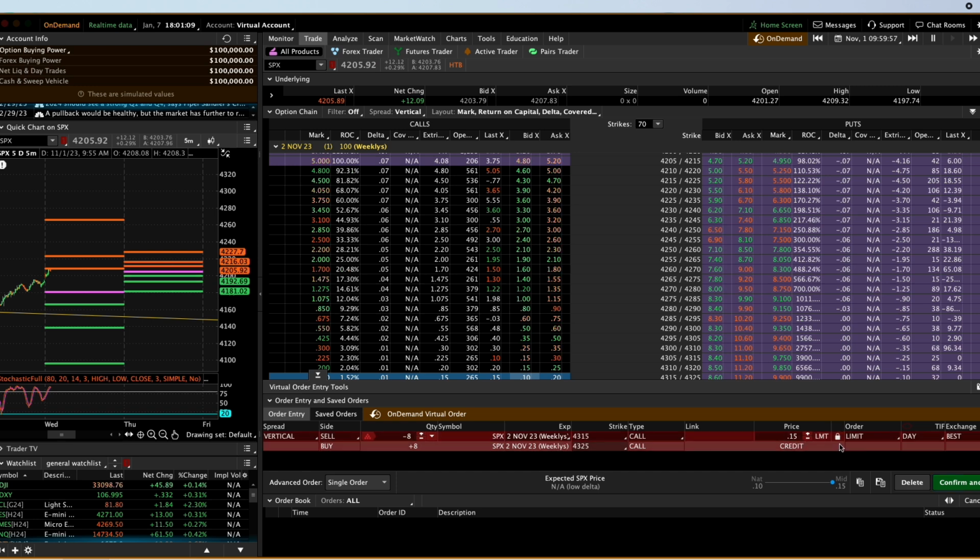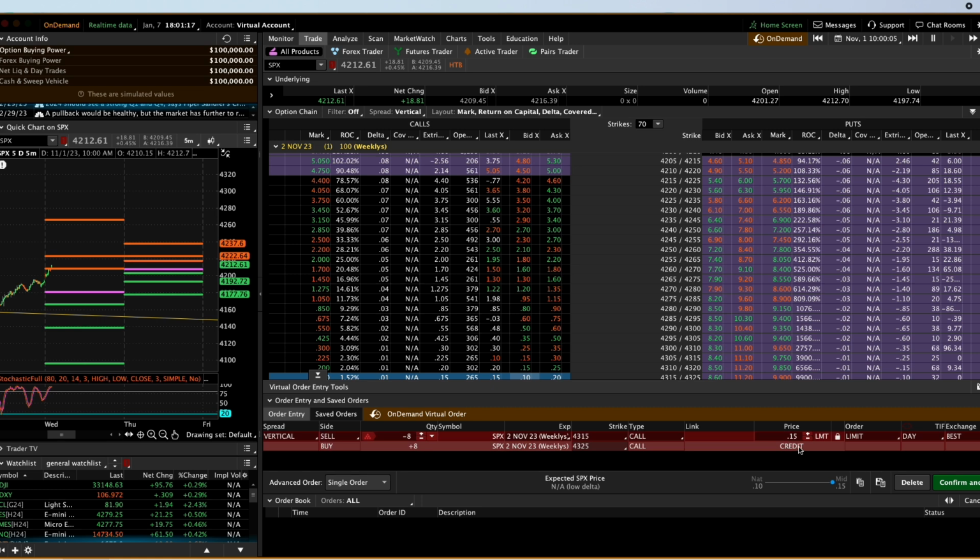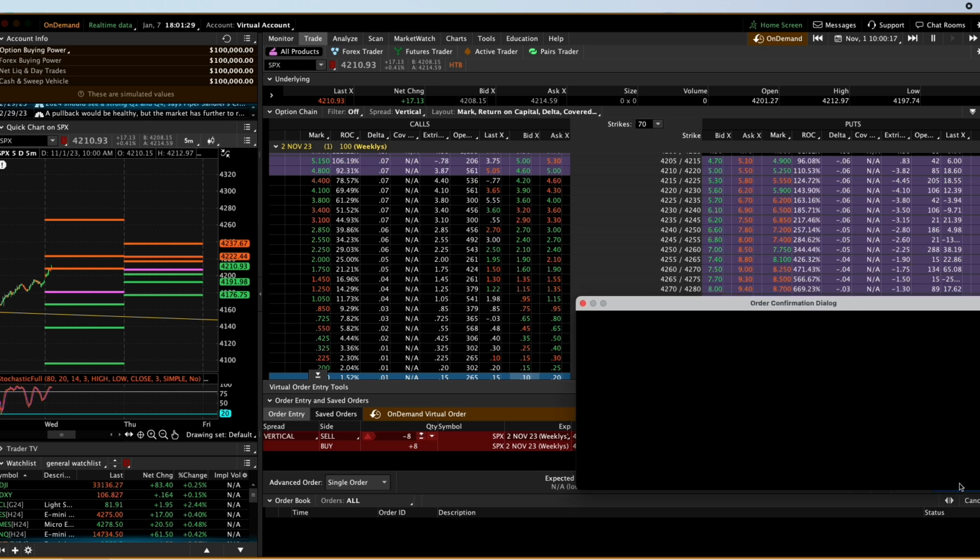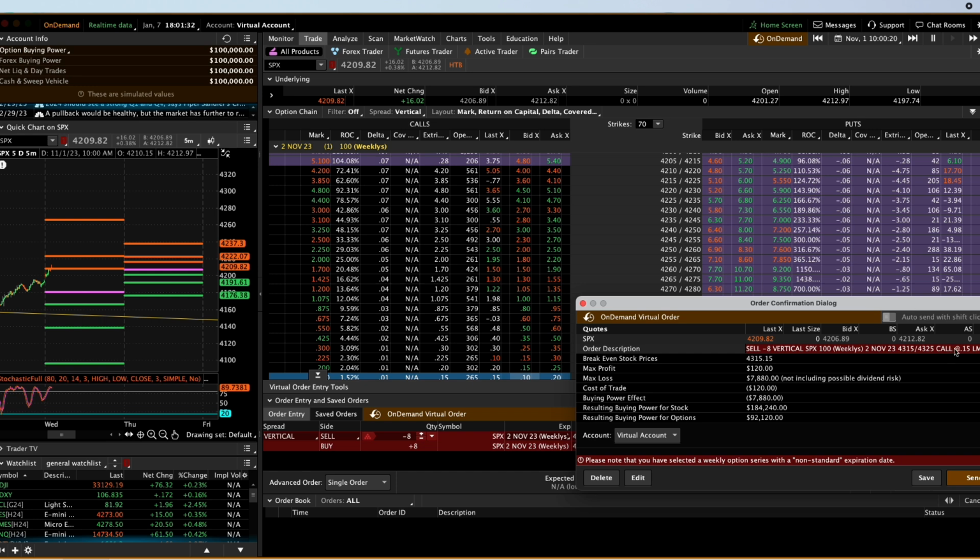I'm going to hit my lock button. This is another thing you want to pay attention to, because I often forget to hit the lock button on thinkorswim, and I will get a lower price than what I think I'm getting when it actually comes to fill. This lock button is very important to lock in your price, because otherwise it will slide on you, and you don't want that. So go ahead and punch this. Make sure we do one final check, because once you submit it and it goes through, there is no undo button. I'm looking to make sure everything looks like I want it to. We're going to make 120 off of the trade. Buying power effect is here, and we're going to send it.